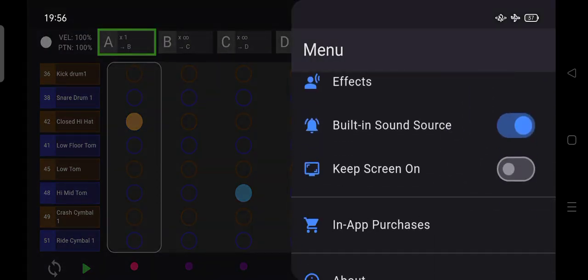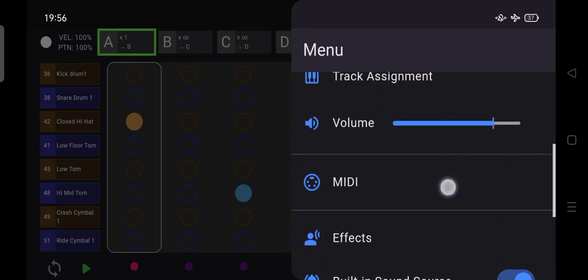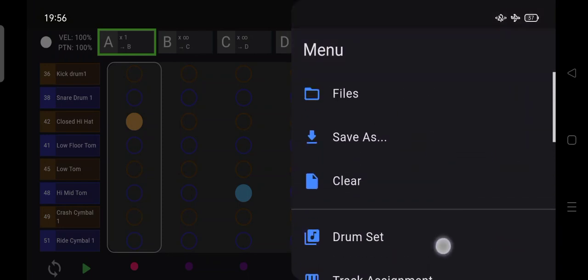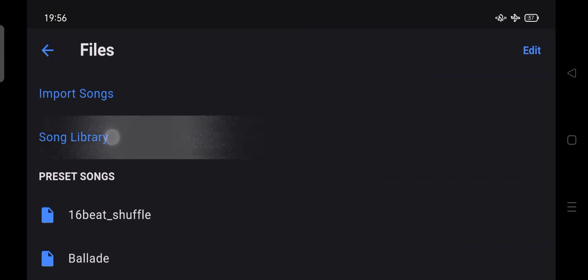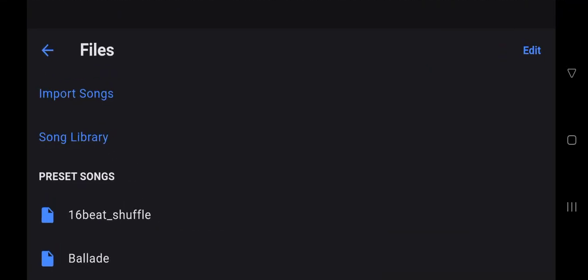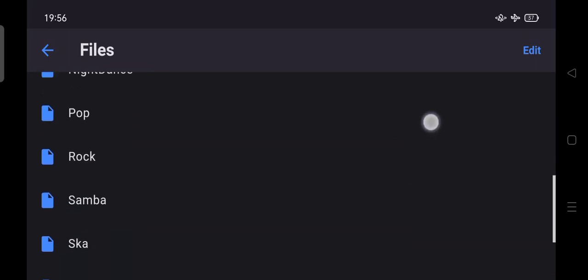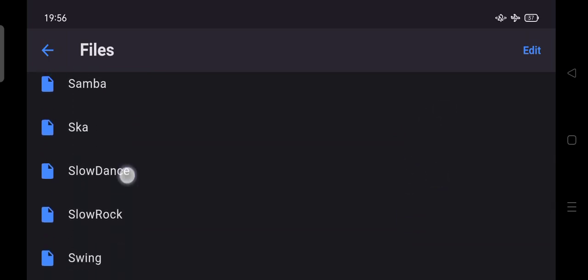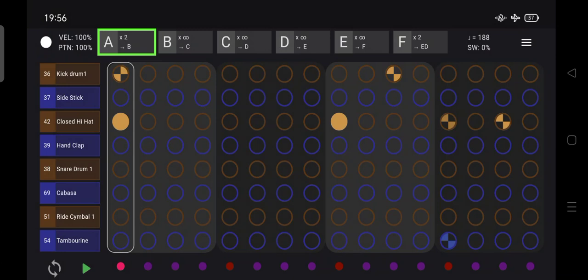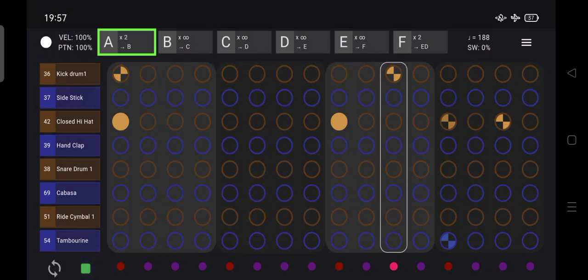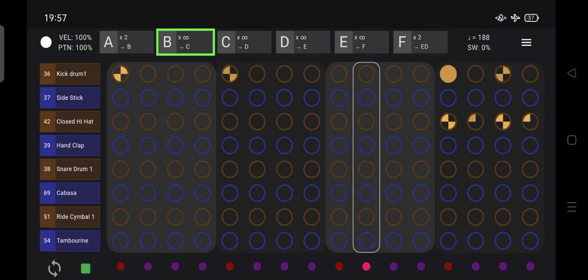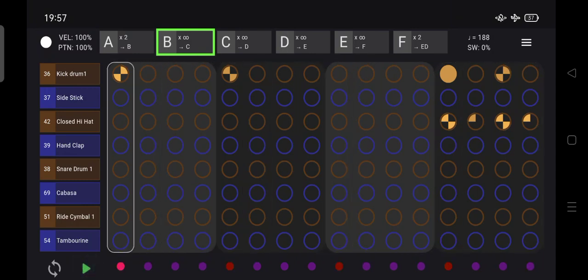also you can practice by using the library here, the song library. Or you can use preset songs by default, such as dance, so you can play it here and you can change it up to your preferences. So practice yourself in this MIDI Drum or